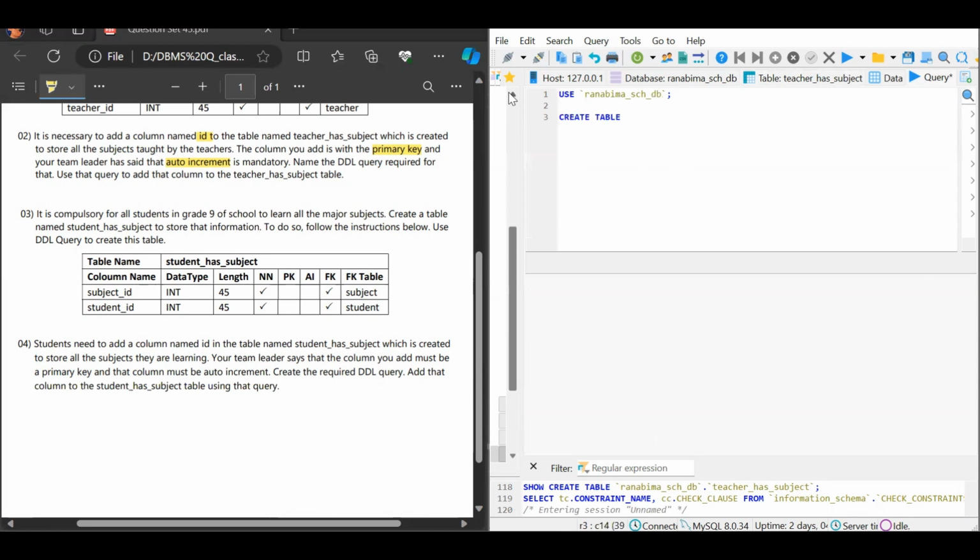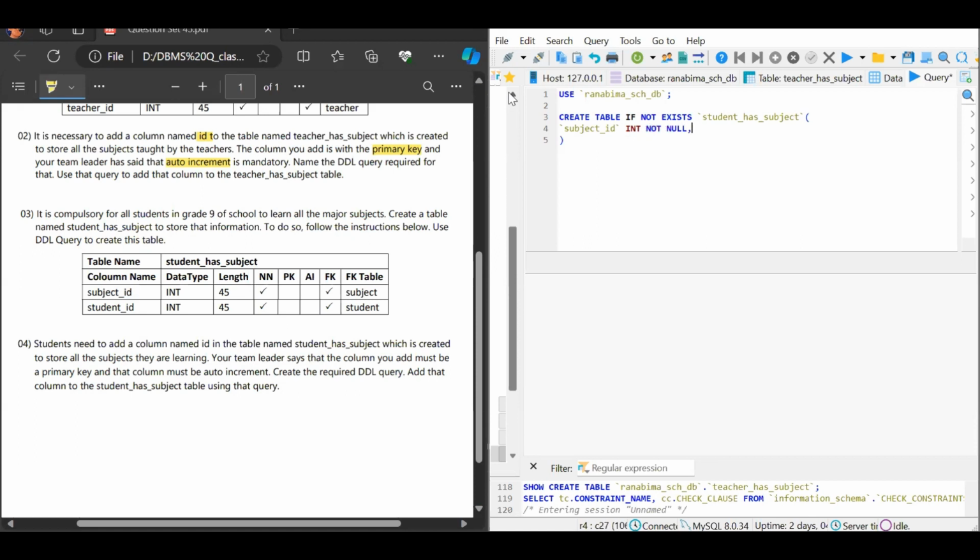And then we can use the keyword CREATE TABLE as we have to create a table, and we can use the IF NOT EXISTS keyword, CREATE TABLE IF NOT EXISTS, and then the table name as student_has_subject, and then inside the brackets, inside the quotation marks we can give the column name as subject_id, the data type as INT. Here too we are not needed to enter a length to the data type called INT, and then the NOT NULL keyword, comma,